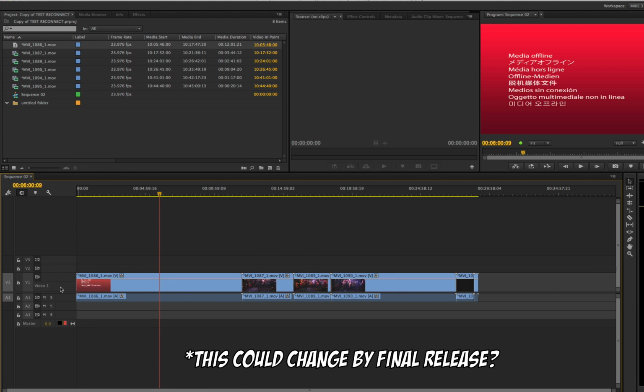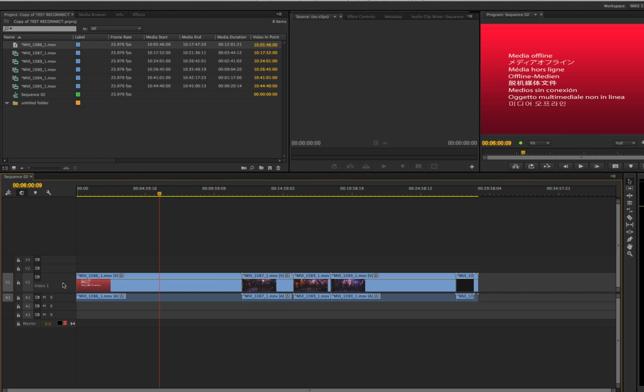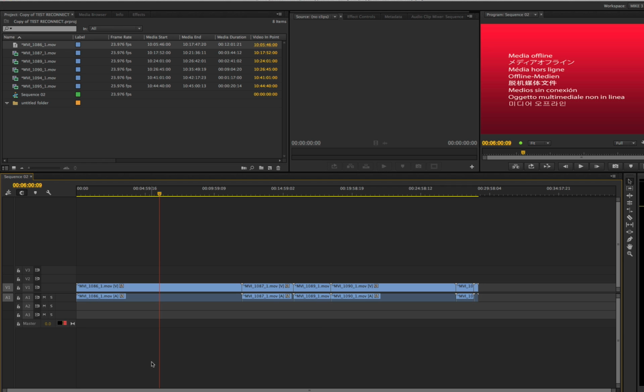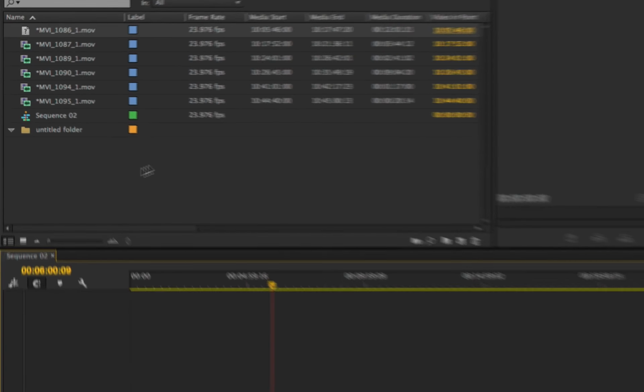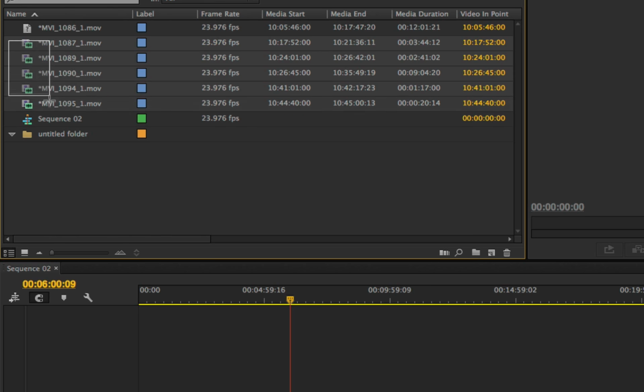You can actually grow this and you'll begin to recognize that same symbol up there that says media offline, but pretend that doesn't happen, and this is something I think should be changed, or an awful lot of headaches will happen. But we'll leave that aside for right now, and we'll move on to, let's take all the clips